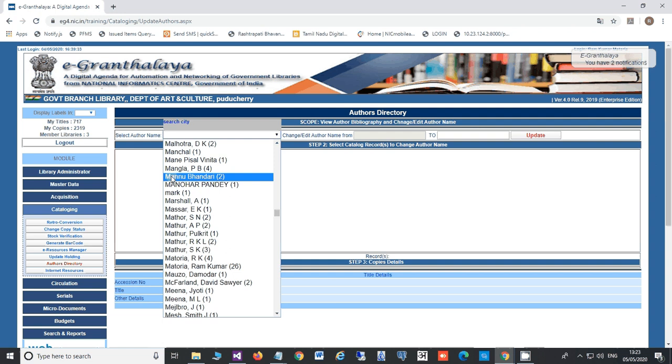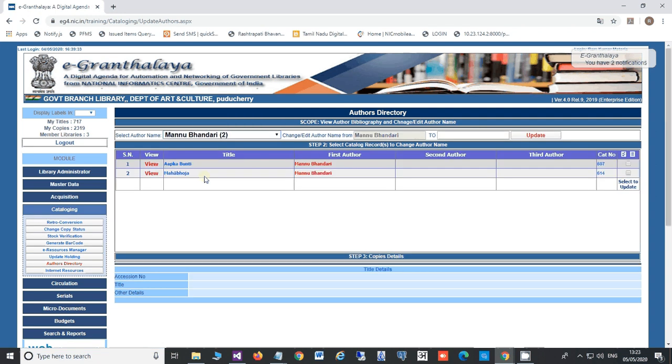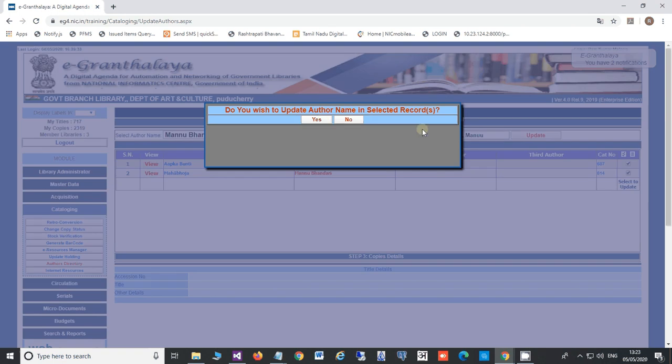For example, I will take Manu Bhandari as author. This Manu Bhandari has 2 books. Suppose you want to change the name, because you can see the entry of the name is not as per cataloging standard. So if you want to change the name of this author from Manu Bhandari to Bhandari, Manu, select in which records you want to make the modification, all records or some particular records, and then update.